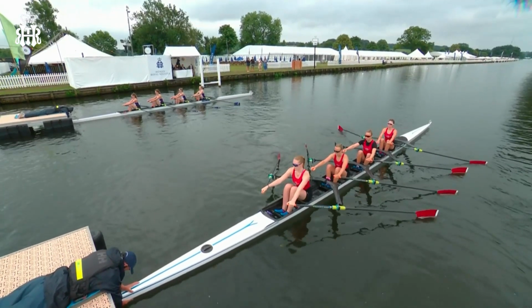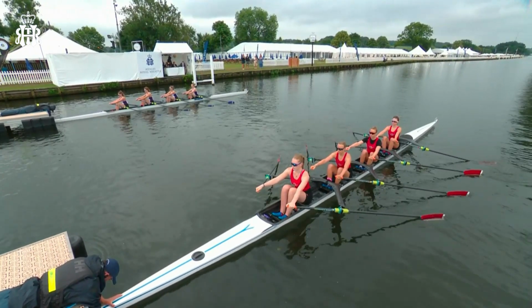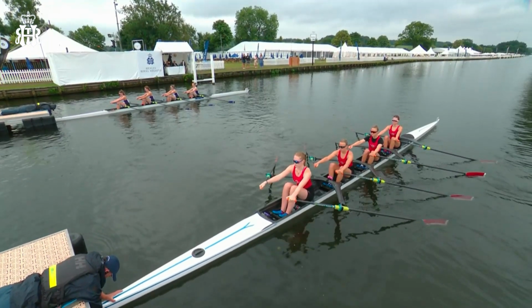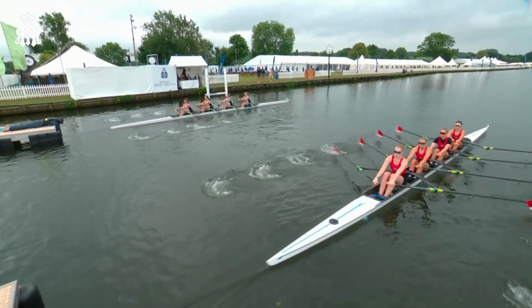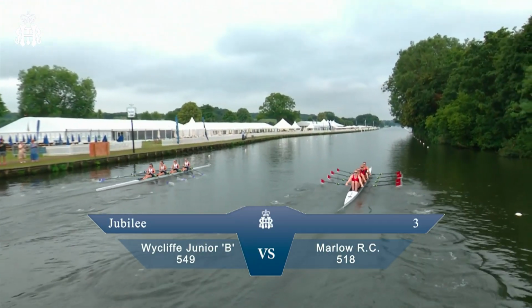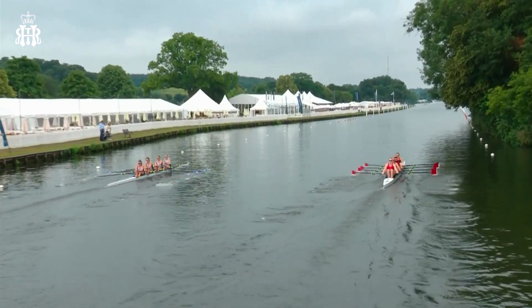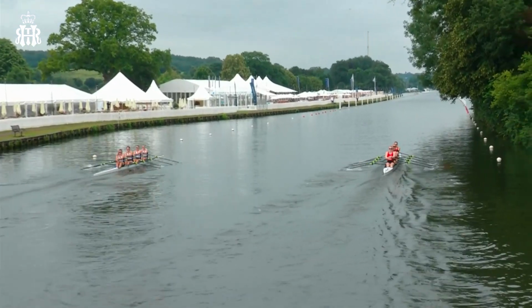This is the Diamond Jubilee Challenge Cup. Wycliffe Junior Rowing Club B against Marlow Rowing Club. And we've seen Wycliffe doing well already this week in this situation on Temple Island, and again they're moving well,